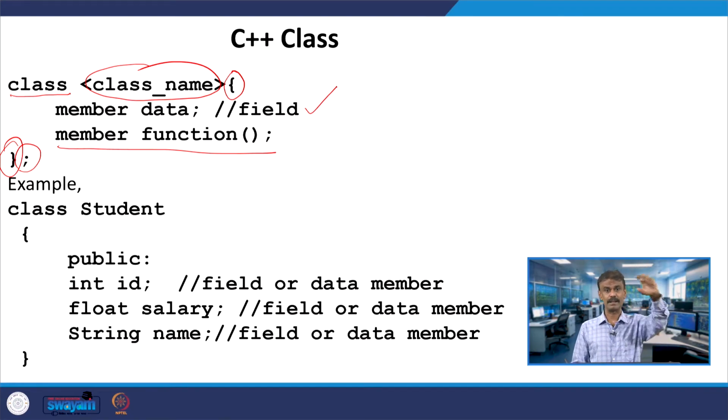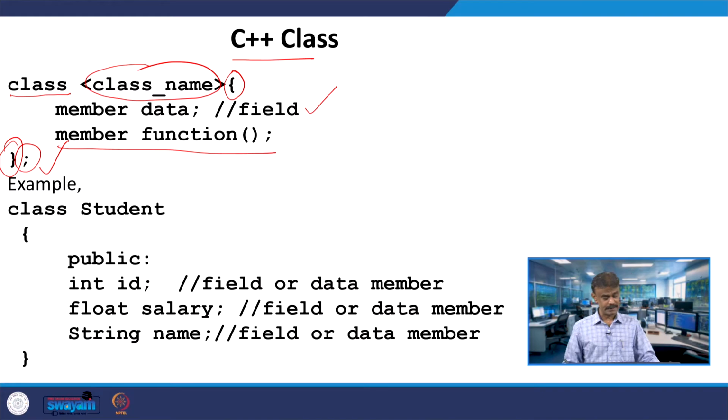You will have member data and member function, whatever I told, in C++ as well as Java, but the syntax will slightly differ. In the case of Java you cannot find the semicolon, whereas in the case of C++ we should have this semicolon.